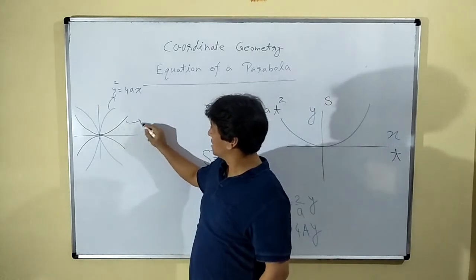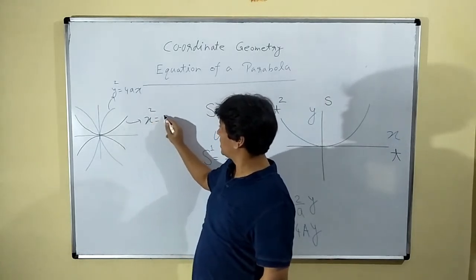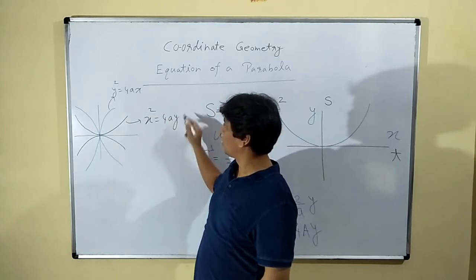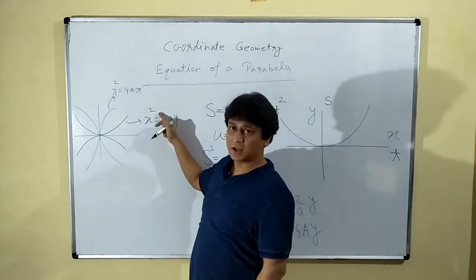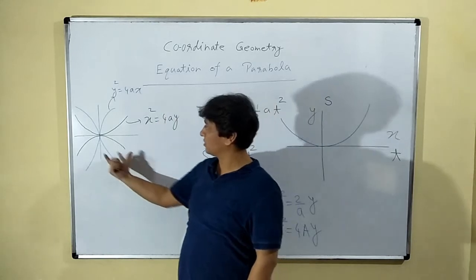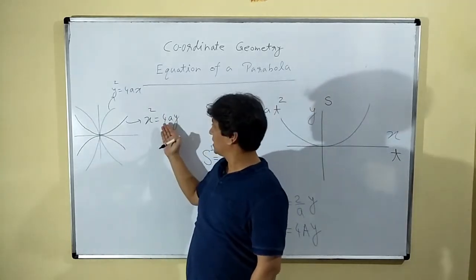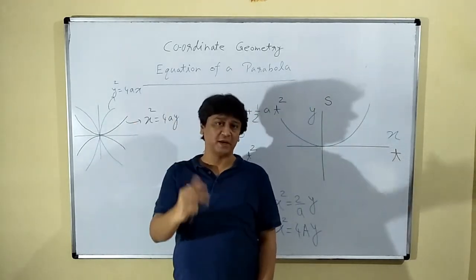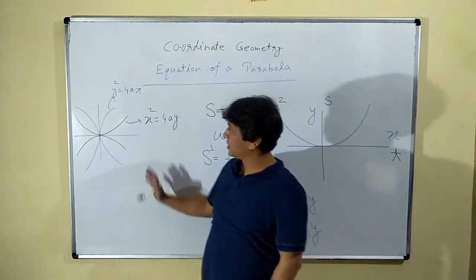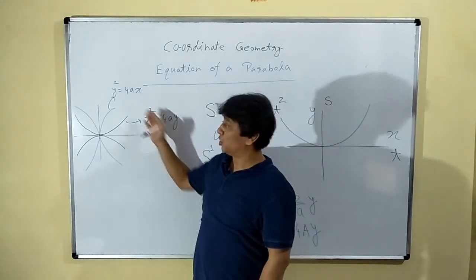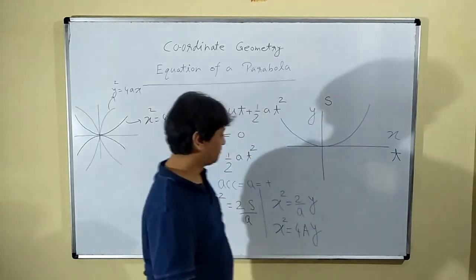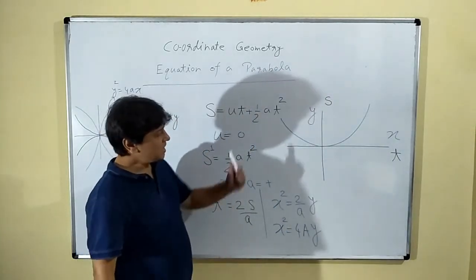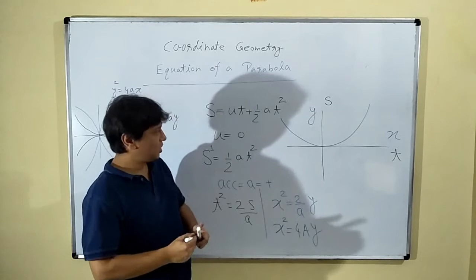This was x square equals to 4ay. अगर स्क्वायर x का है तो ग्राफ कहां ओपन होगा? y की तरफ, like this. And then अगर कोएफिशिएंट नेगेटिव है तो आपको पता है क्या आपको एडजस्टमेंट करने होते हैं।